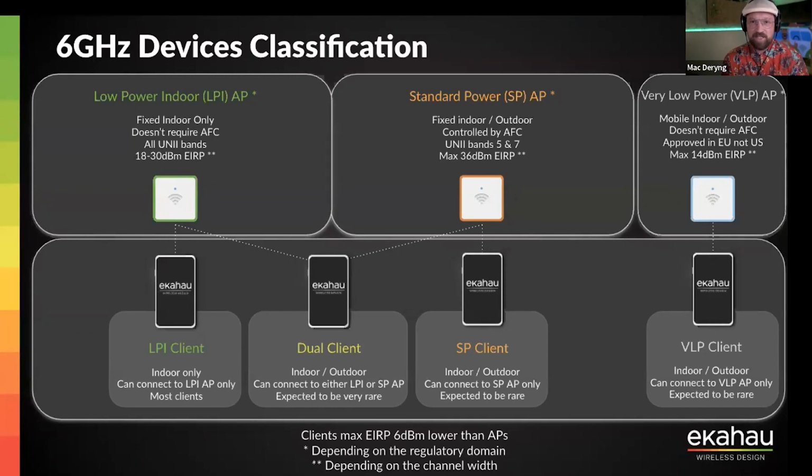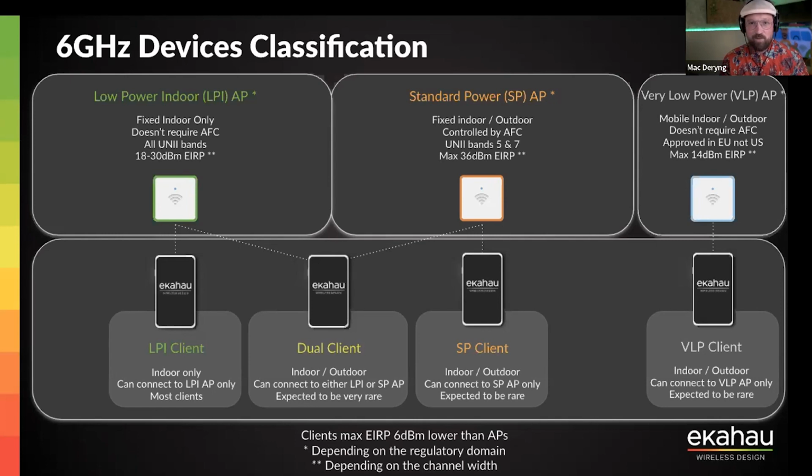So now, guys, let's discuss the 6 GHz devices classification. This is, my friends, a new thing. We didn't have it before. Before, we had 2.4 GHz clients and access points, and 5 GHz clients and access points. If you had an AC client and an AC AP in 5 GHz, then it would work, right? Because they're both Wi-Fi certified and it's as easy as that. Easy peasy lemon squeezy. Now with 6 GHz, it's not that easy anymore, because there is quite a lot of